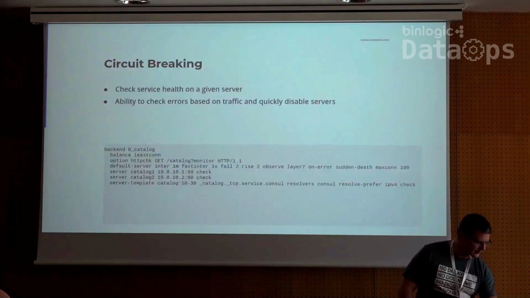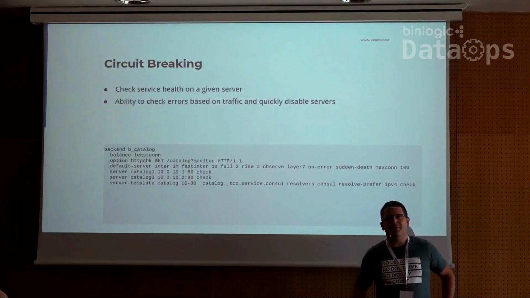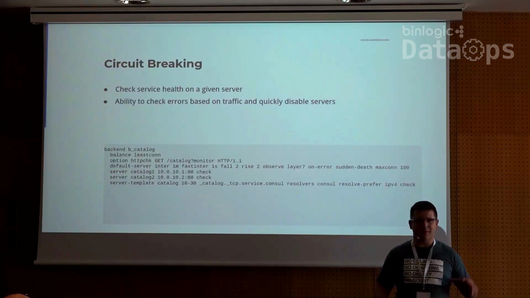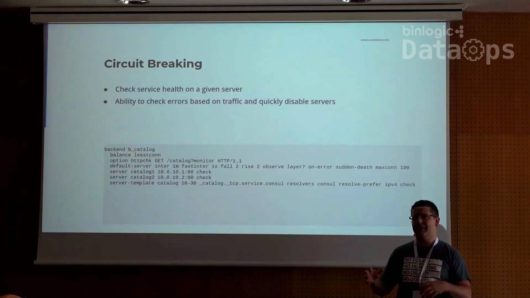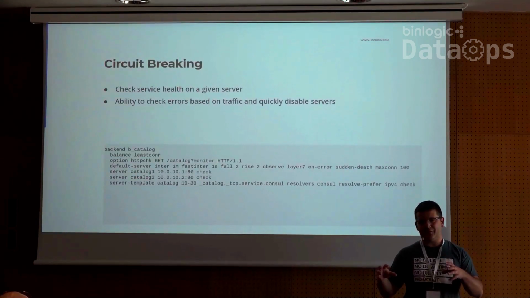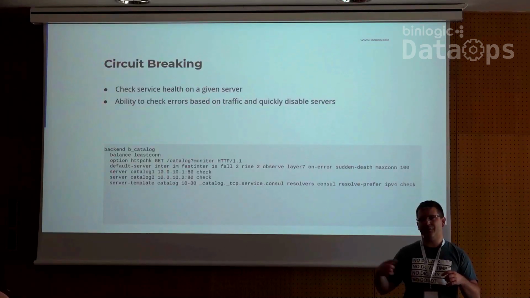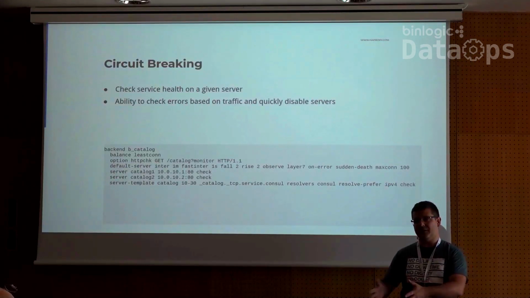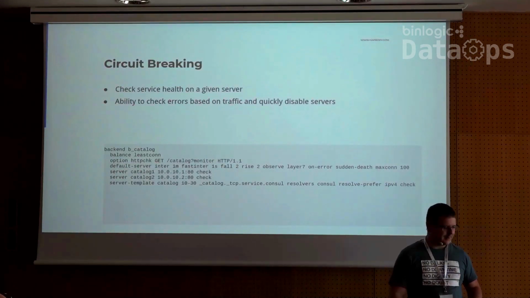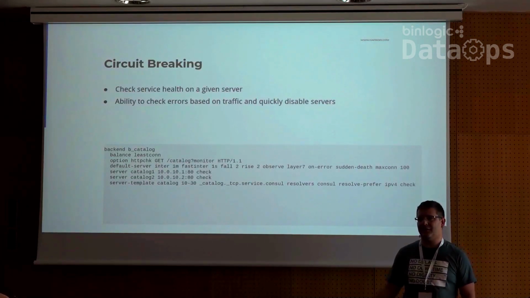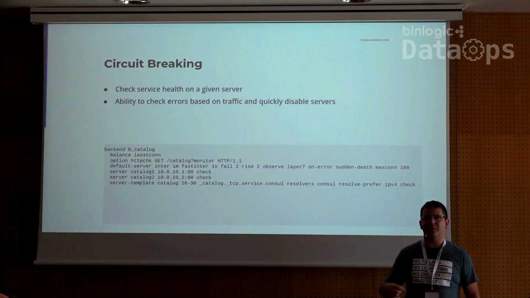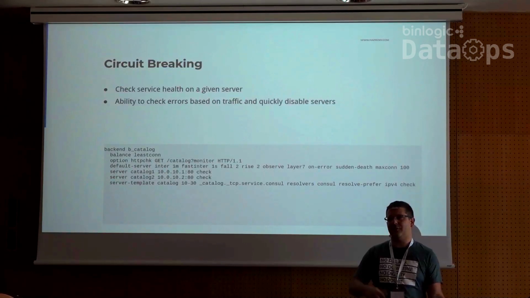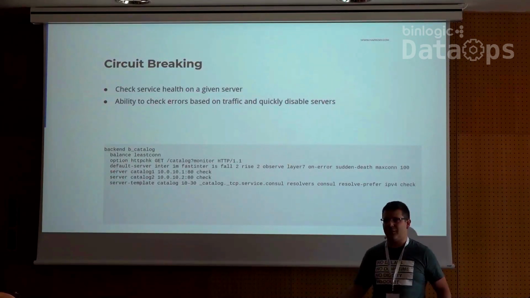That's quite simple. Circuit breaking is the ability for HAProxy to detect that a server is currently failing. Circuit breaking is mostly used when the health check is passing, but the server has started failing. If you do a health check every 1 second, but you have 1,000 queries per second, potentially you can have 1,000 queries being sent to a server which is currently dying. HAProxy can detect that and say, okay, the server did not answer to the TCP handshake when I wanted to do the connection, so I can forward the query to another server. That's automatic, you don't have anything to do.